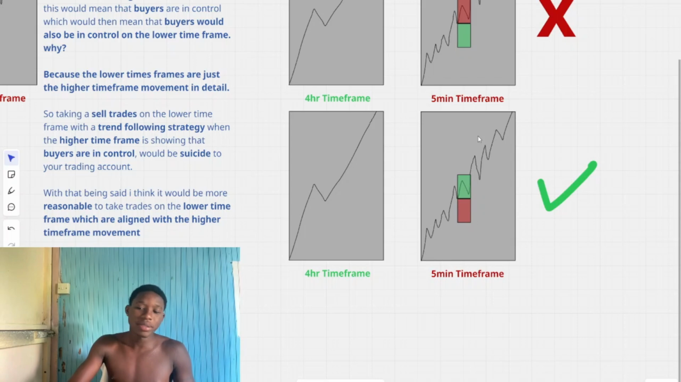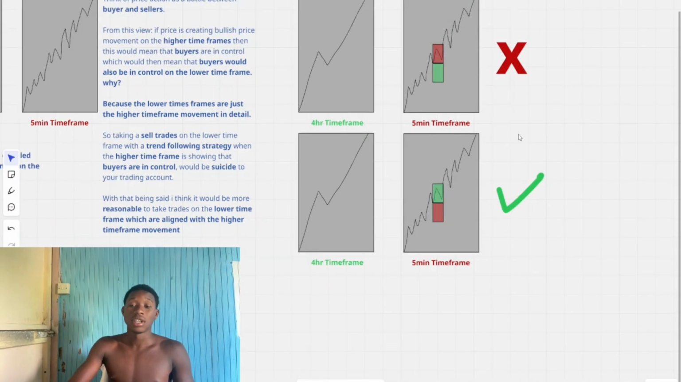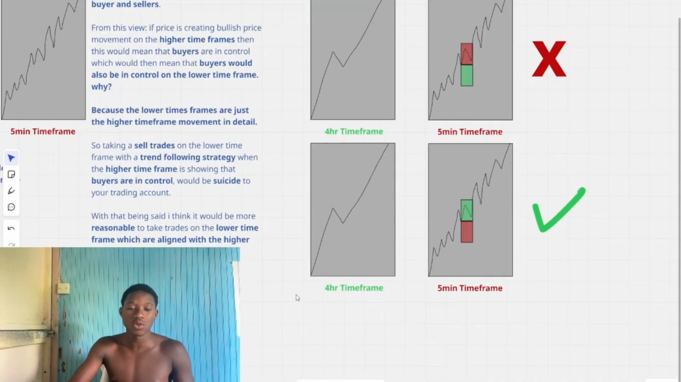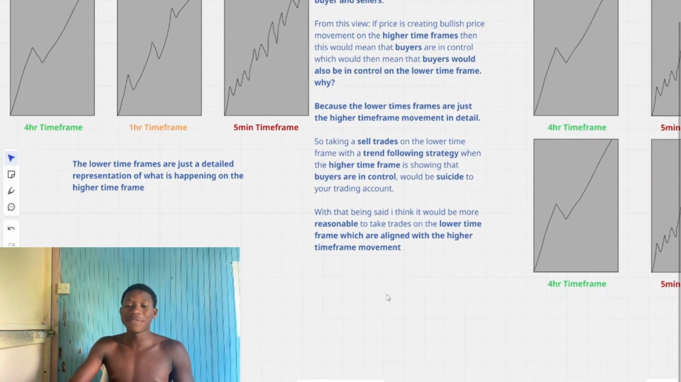Price would have been smashing your take profit. So the first example is what you should not do. The second example is what you should do. All right, so with that being said,